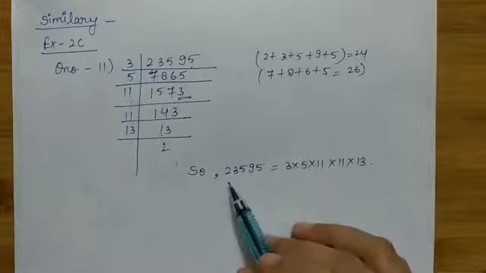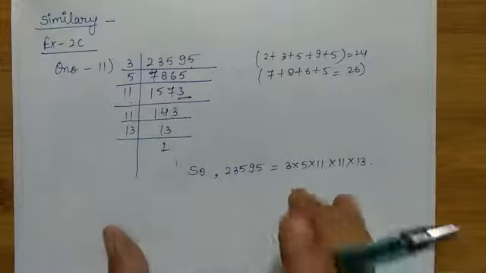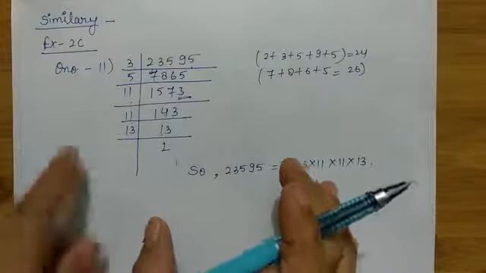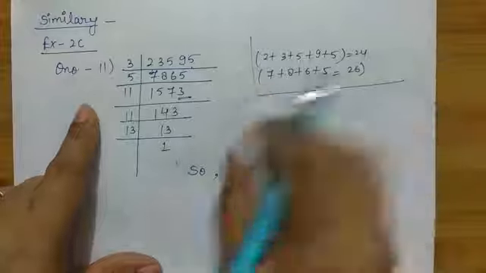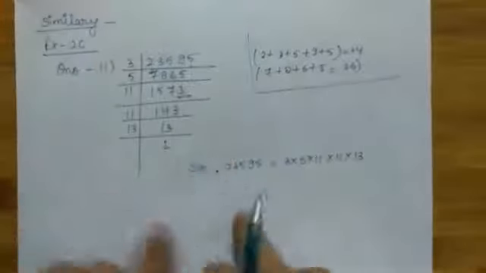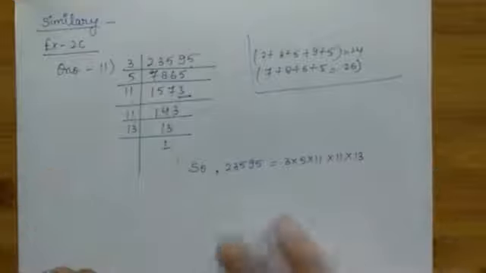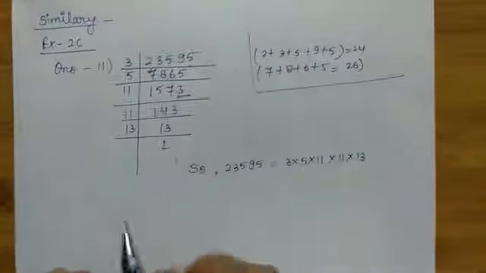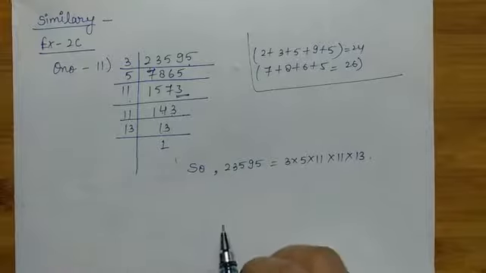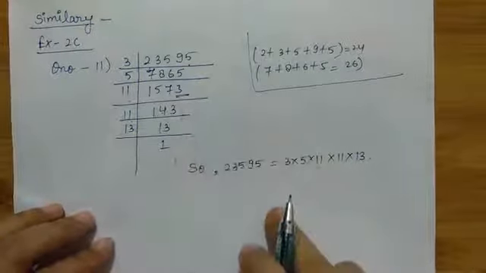So we have to write this number in prime factors. This is the procedure how you have to find it out, but you don't need to show this process. This is for your understanding. You have to show only this process, and then you have to write the factors like this. That is the answer, and you may check it from the book also, but do not just copy it. Do not cheat from the answer sheet. Only first you have to solve, then match your answer with the answer sheet.